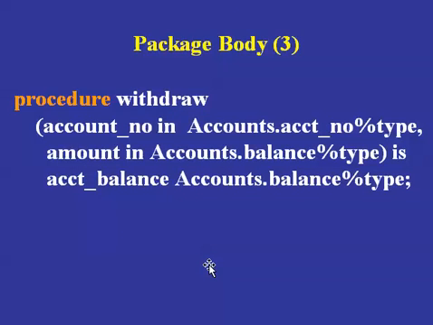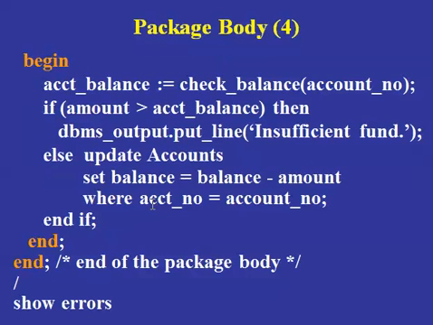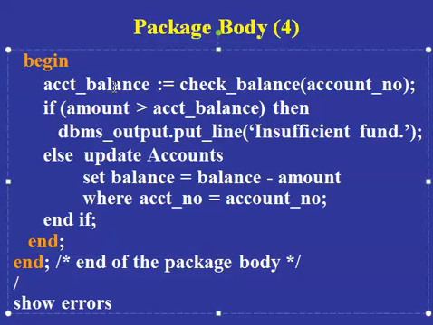Now, the procedure withdrawal should be kind of similar to the deposit, but in this case it should be a negative. So here we get the account number and the amount. Now, in the deposit, we were checking if the amount to be deposited was positive, and then we just updated. In this case, we will check the balance, and look at how this illustrates that this procedure is using another function within the package. So it's calling check balance, which is the function in this package,